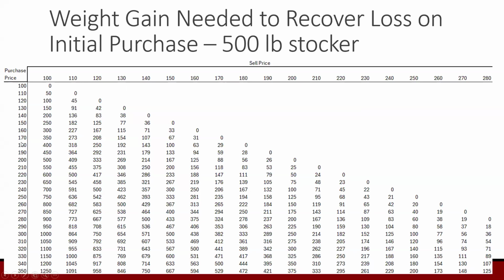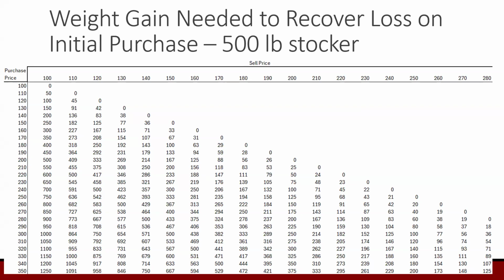Here, on this column, I've got purchase price, so what I bought that animal for. So if I bought that animal for $100 per hundredweight and I sold that animal for $100 per hundredweight, that animal would need to gain $0 to recover its purchase